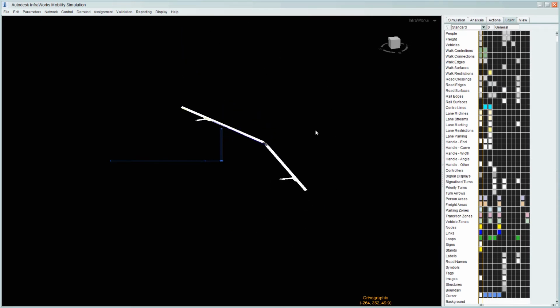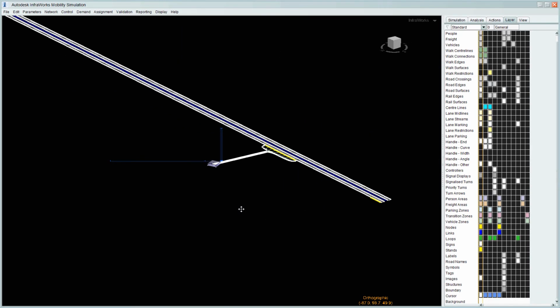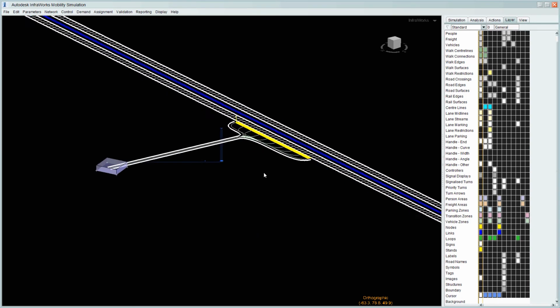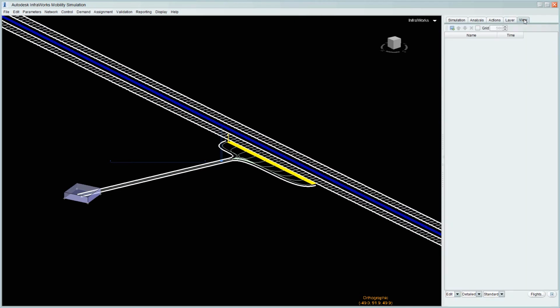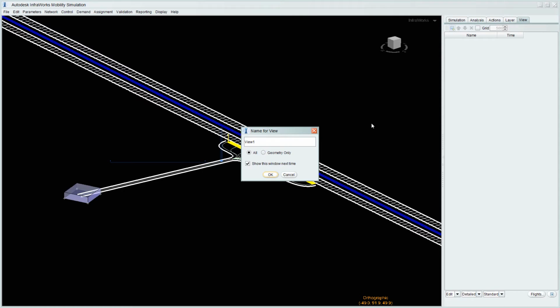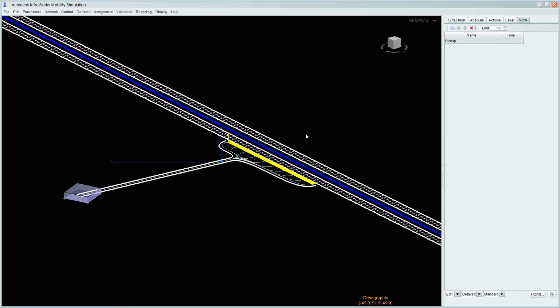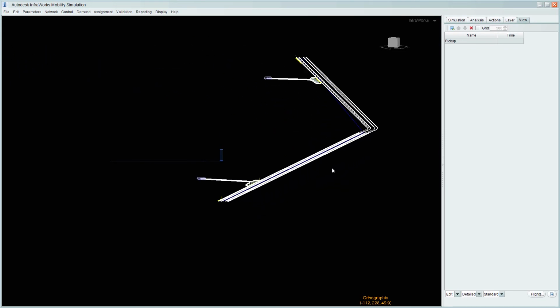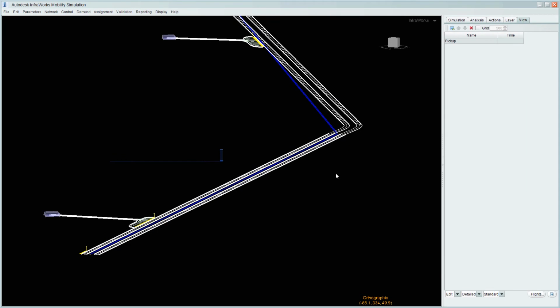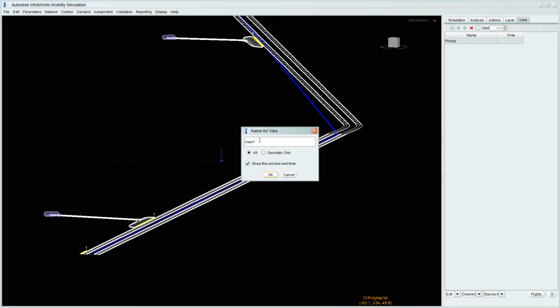So let's rotate this and create some views so that we can change views as we're seeing the simulation happening. So this can be, just click at this button here, and this can be the pickup point. Okay, if we swing it around to something like that, this can be an overview.